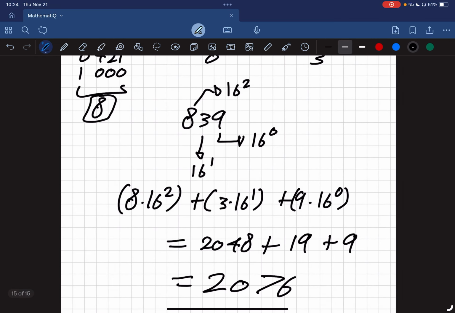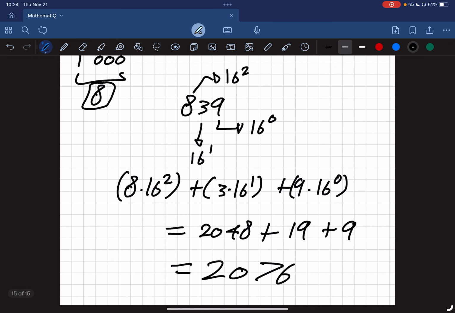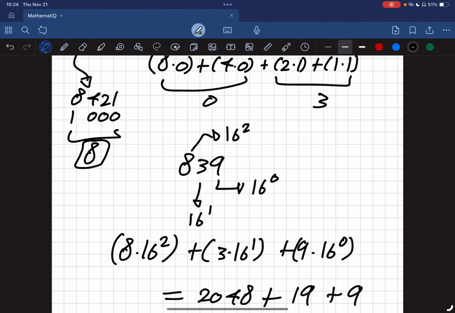As you can see, this is a pretty big number, and we compact it into the following hexadecimal number, so it looks much smaller. It is a much more compact way of storing our